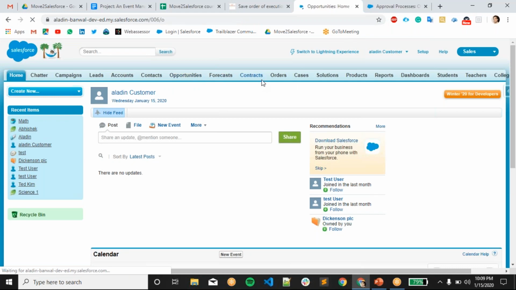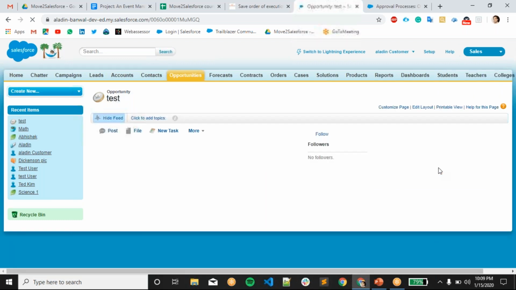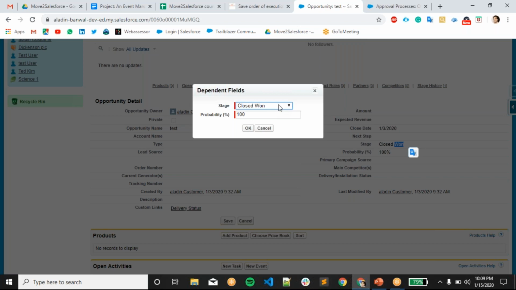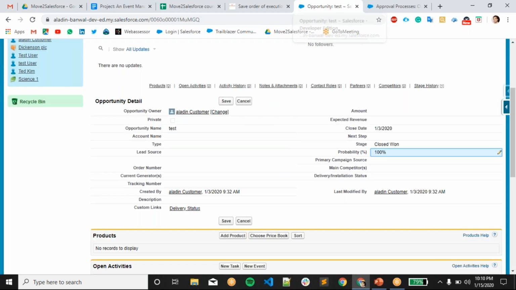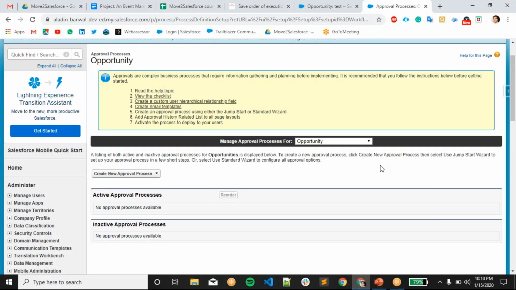So we will create an approval process where, if any user updates this opportunity stage to Closed Lost, like this opportunity record is going to be lost, then we will create an approval process for that.